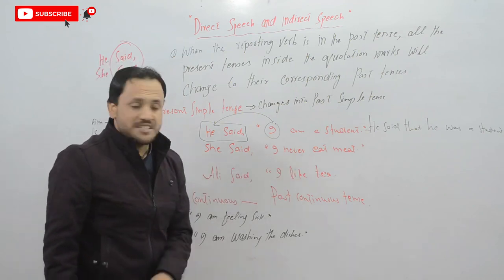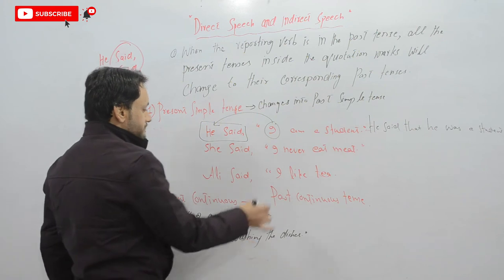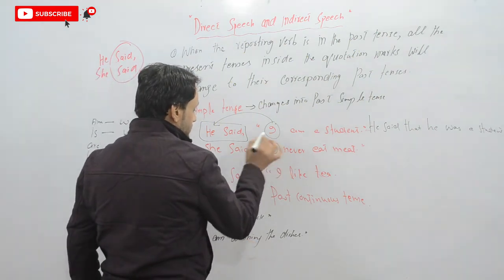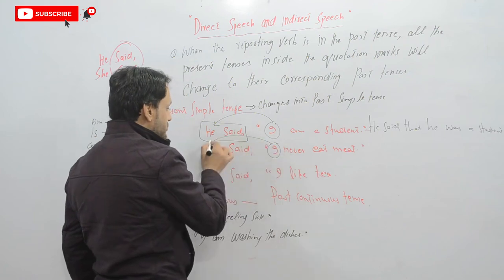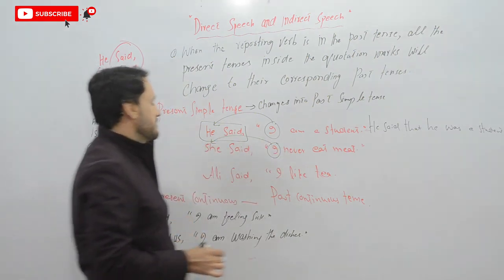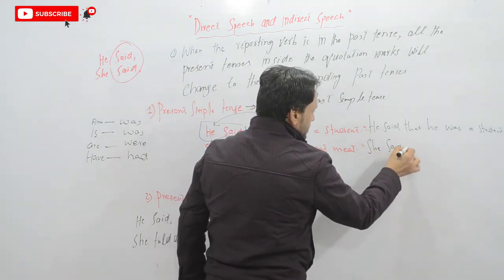She said, I never eat meat. Now have a look at this. This reported subject is a first person pronoun. It is changed according to the subject, so it becomes, she said that